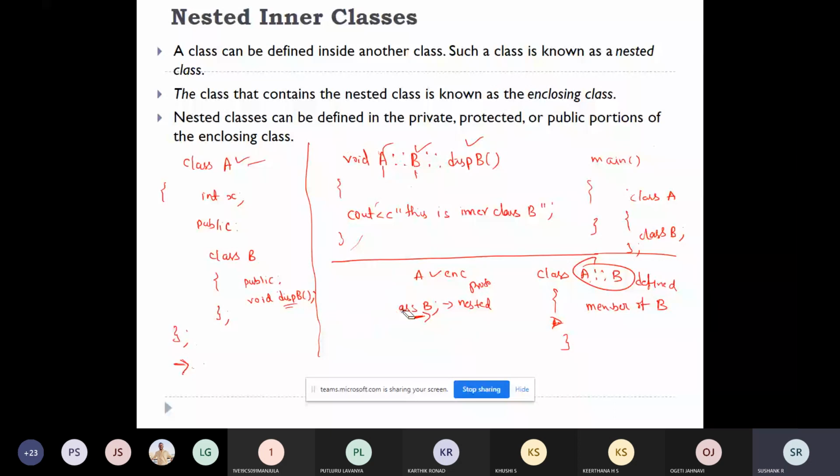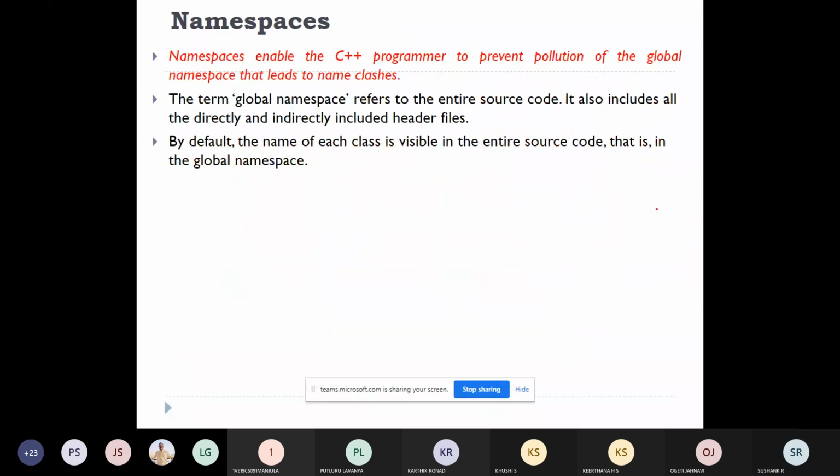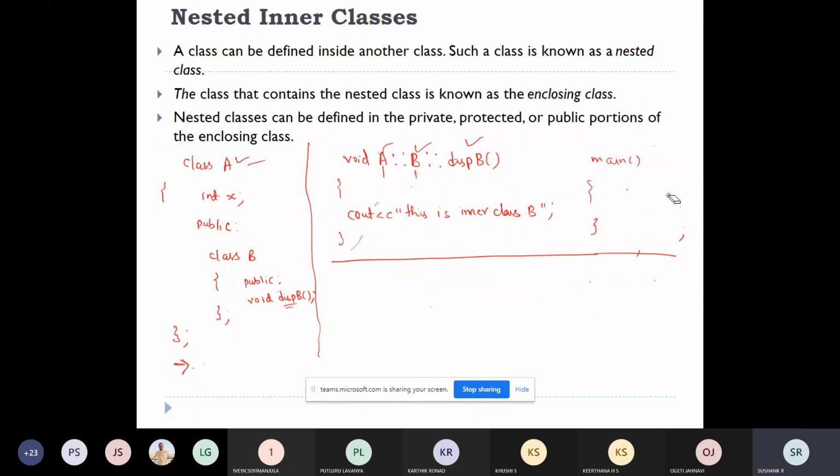So what else is there with respect to this nested class? Now, sir, how to create the objects of nested class? Means the same thing.